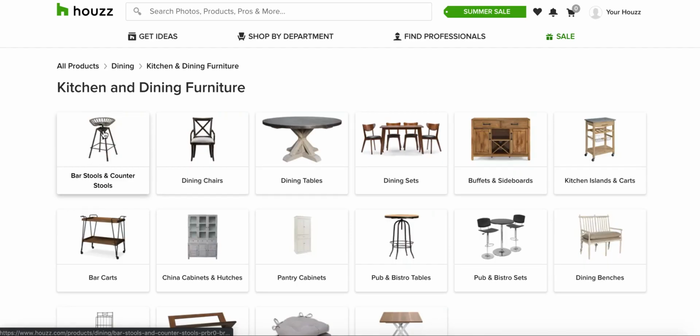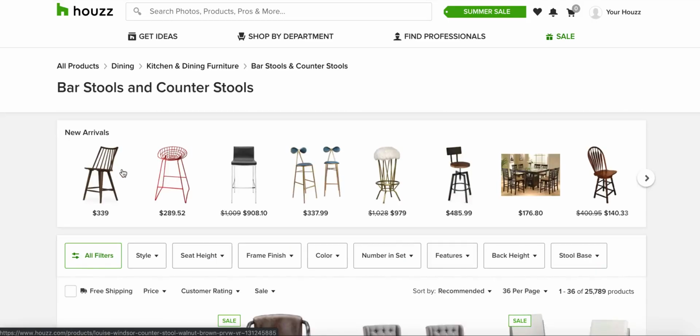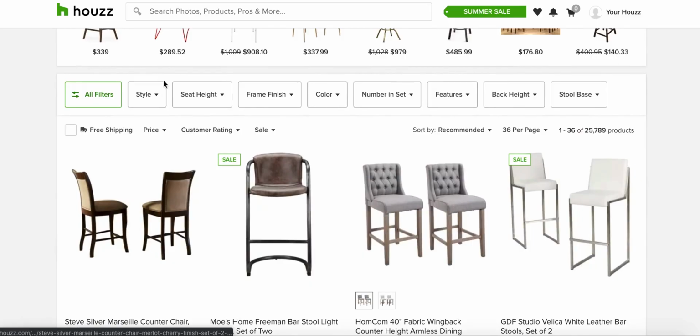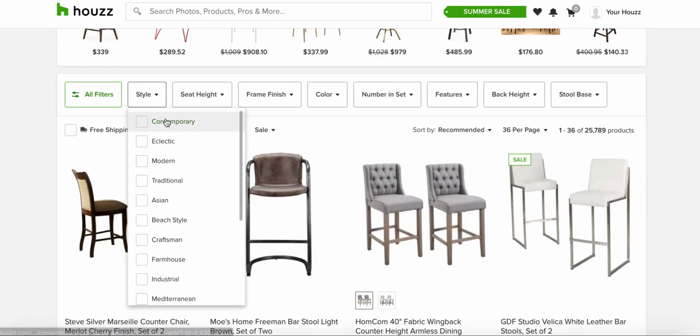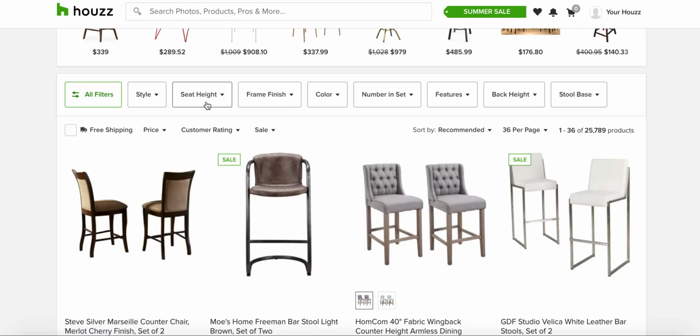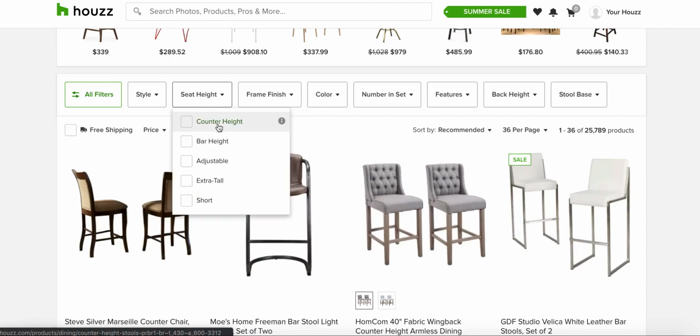It's a bar stool. But watch, if you click down even further into bar stools, you can see there's different types and styles of bar stools. You can filter between styles. There's contemporary bar stools, eclectic bar stools, modern bar stools, traditional bar stools, Asian bar stools, beach style bar stools, and so on and so forth. There's seat heights, there's counter height bar stools, bar height bar stools, adjustable bar stools, extra tall bar stools, short bar stools.